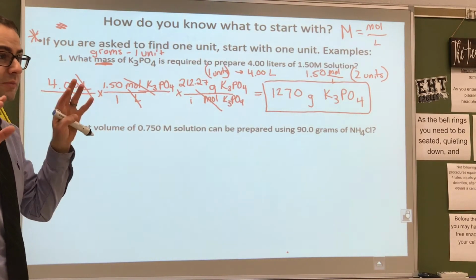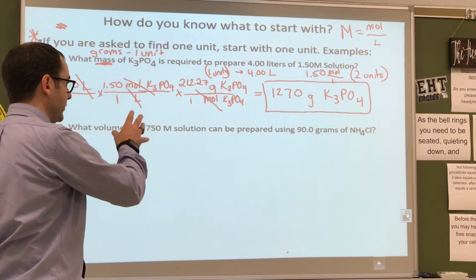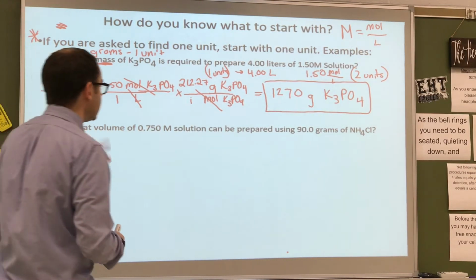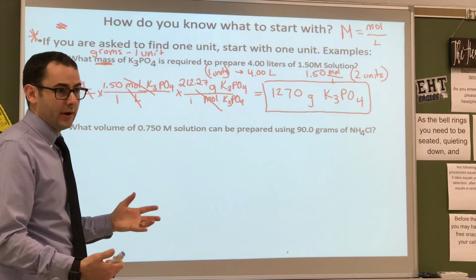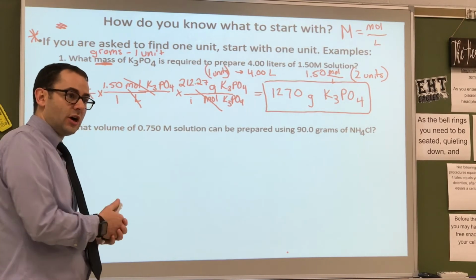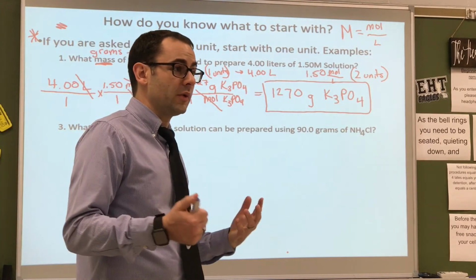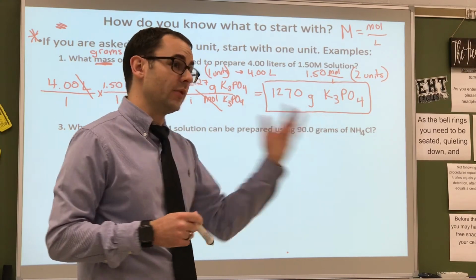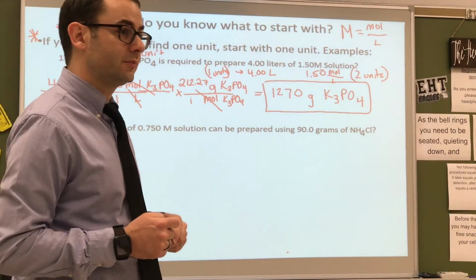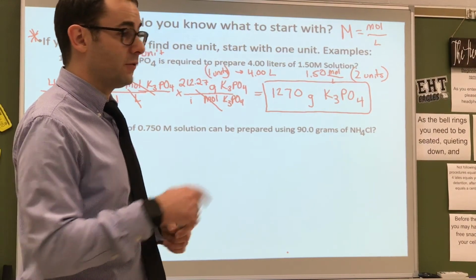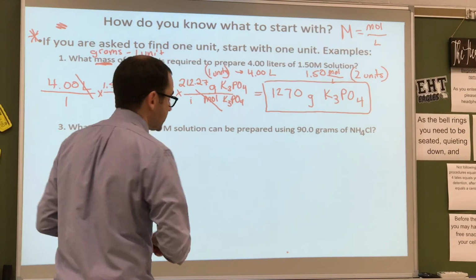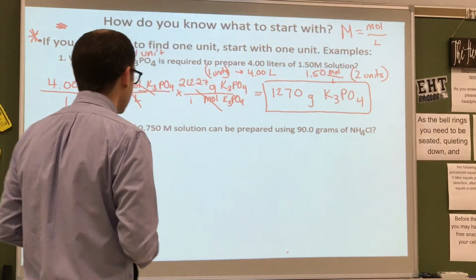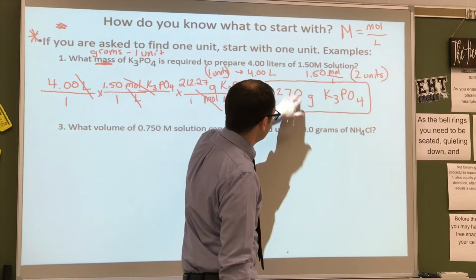All right, is everybody cool with that? Okay, let's talk about what this actually means. Because this chapter is kind of like the one chapter where we're doing this exact same thing in lab, okay? Let's say we wanted to actually make this solution, all right? How much stuff would we measure out? What would we measure? Give me something. Tiffany? 4 liters. We need 4 liters, right? So we know we need 4 liters. What else? Of what? Yeah, 4 liters of water, good. And then what are we going to put in the 4 liters of water? Yeah, we're going to need 1,270 grams of